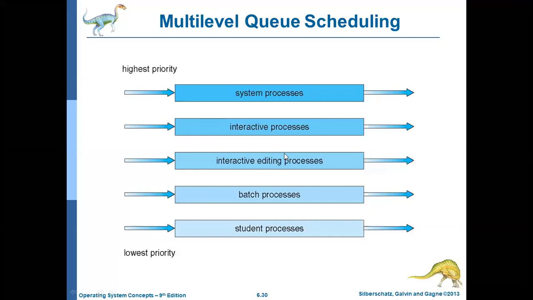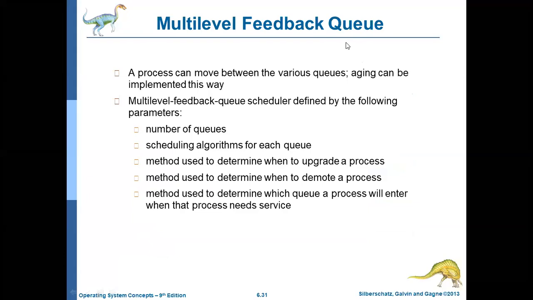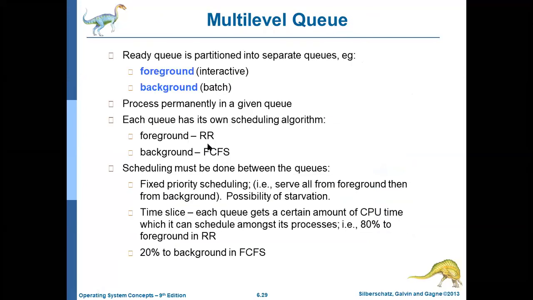All the lowest priority jobs may be starved, that is, continuously blocked. Then you have to use multi-level feedback queue scheduling. Let us discuss multi-level feedback queue scheduling. In a multi-level feedback queue, a process can move between various queues. Aging can be implemented. The multi-level feedback queue scheduler is defined by the following parameters: number of queues,